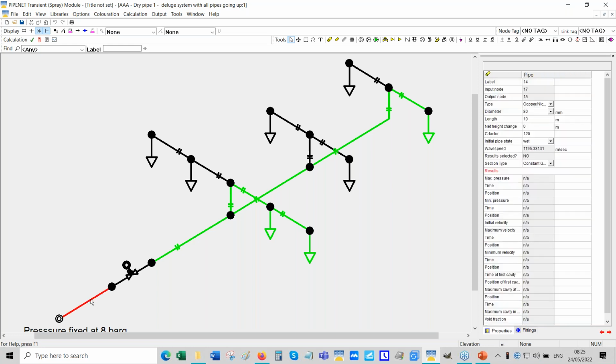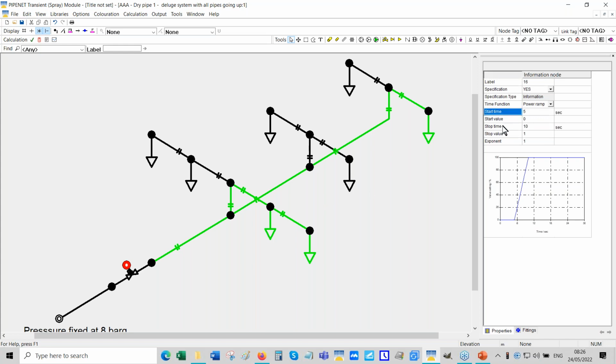The pipe upstream of the deluge valve is flooded, where all the pipes downstream is the initial state. You cannot say it is a state because its state is dry only initially. Gradually, it'll become wet. And all the pipes you can see downstream are dry. And the deluge valve